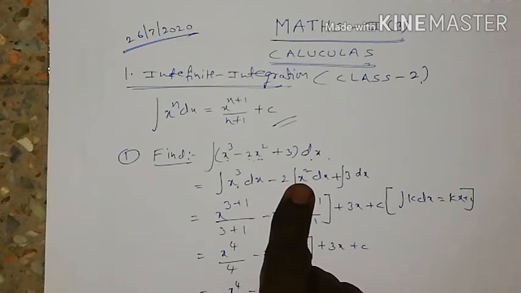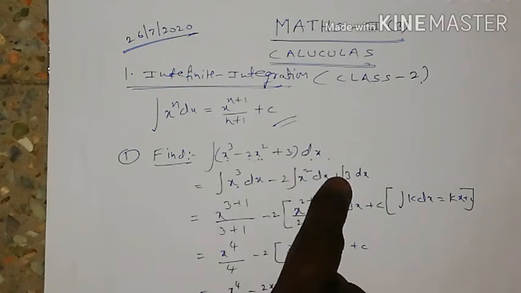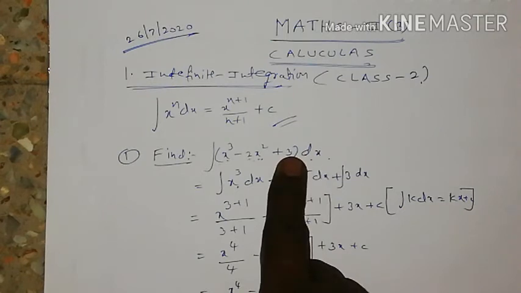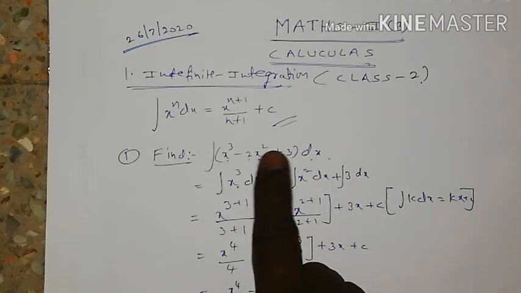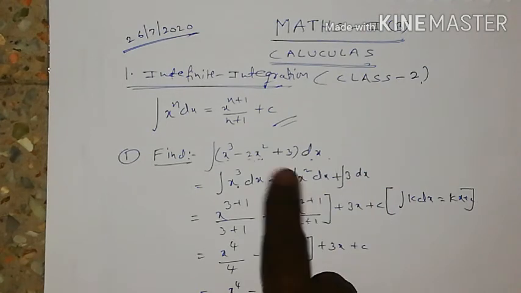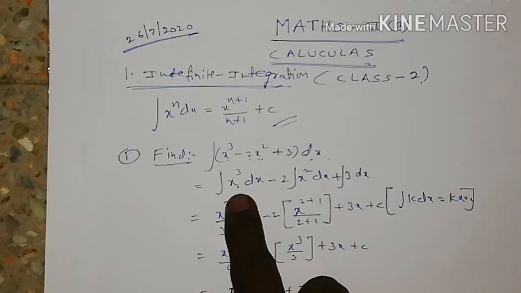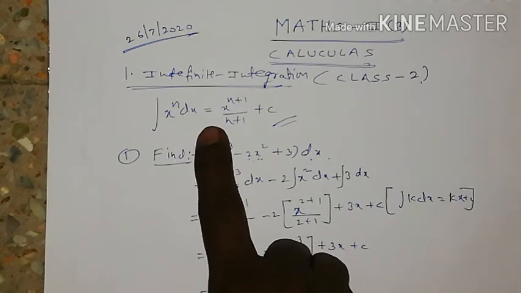Clear? Now write the third term, plus, what is the third term now? Integration of 3 into dx. Here 3 is a constant because there is no variable here. 3 is a single term. Such types of terms are called constants. So this can be written like this, plus integration of 3 into dx. Clear? Right. Now these two are in which form? Identify, all of you. Yes, very good. So these two are in the form of integration of x power n into dx.